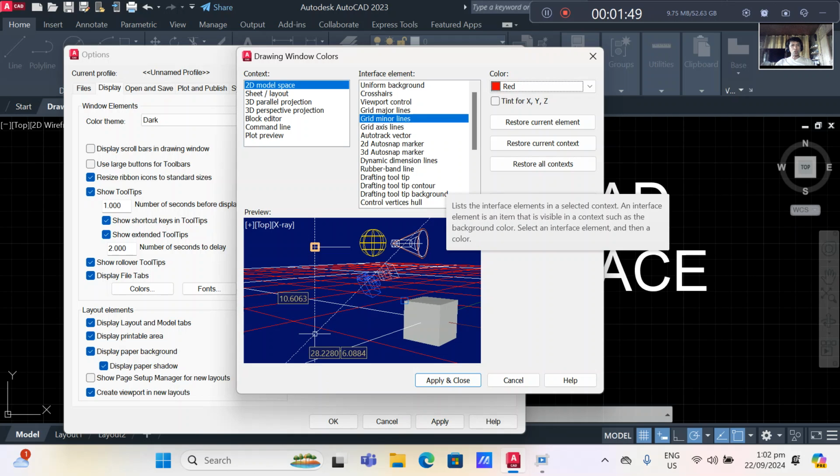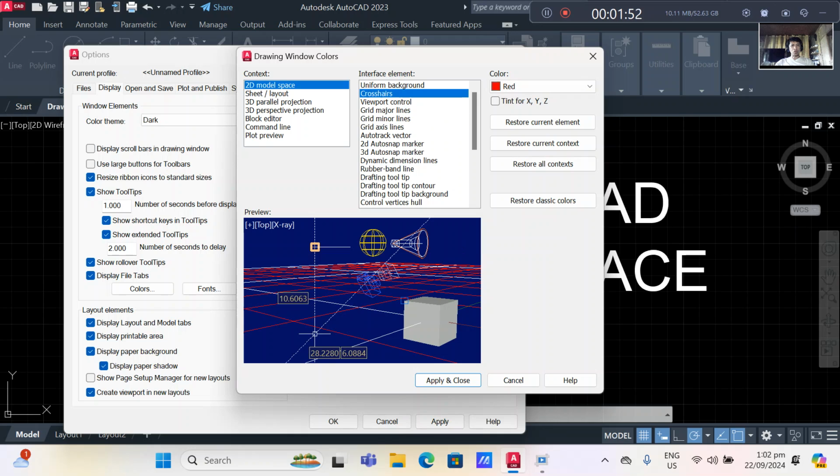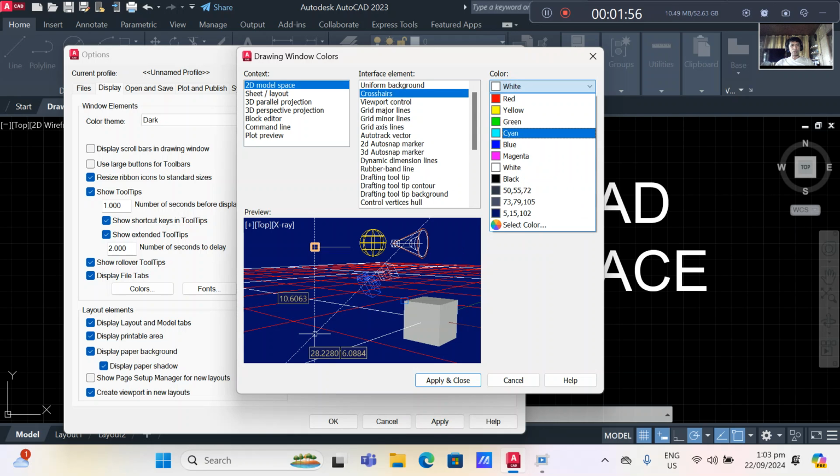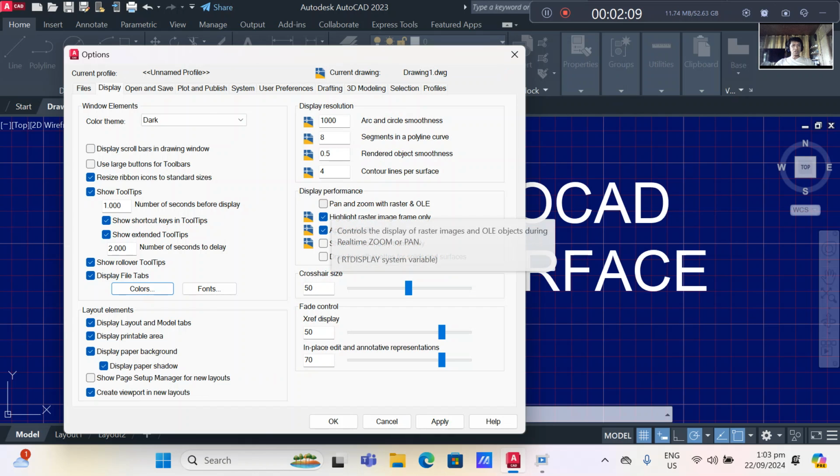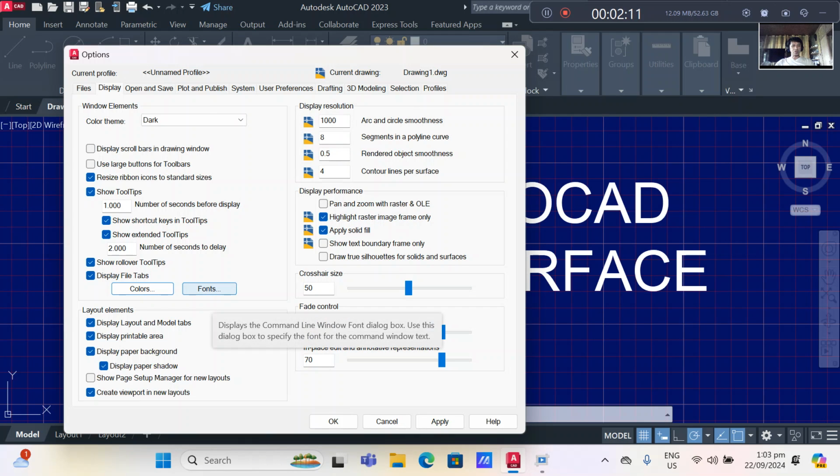This time I want also to change the color of the crosshairs. The default is white. I change that into cyan, and then I click tint, and I am happy with the changes now. Then I go to apply and close. Next, we're going to change the fonts also.